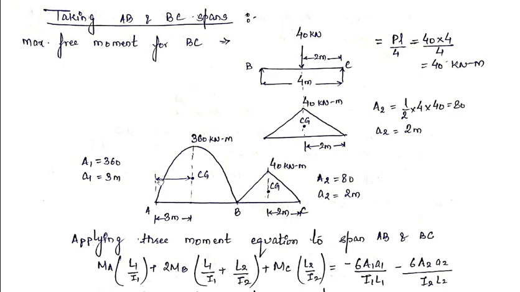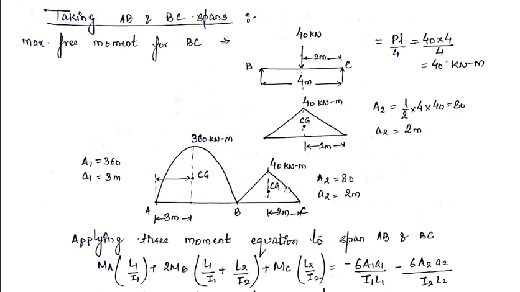So for AB, the bending moment diagram was like this, just the same as we calculated while taking the A0A and AB spans. And for BC, this diagram will be there. Now let's find out the value of capital A1. Capital A1 is the area of this parabola, which we have already calculated. Small a1 is the distance of the CG of this area from support A. Now this parabolic area is symmetrical, therefore the CG will be at the center of the span. This span was 6 meters, therefore the CG will be at 3 meters from the A support.